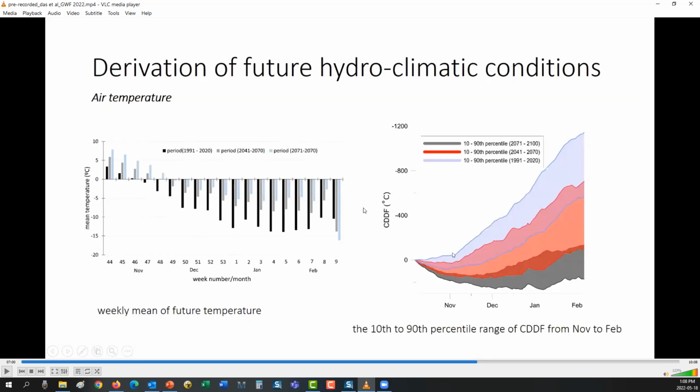So you can also see when it increases quite rapidly, you get more of a cold spell here. If it's slower, then it's maybe not as cold anymore. And you can see here how we have a certain bandwidth of these CDDFs. Currently we have this blue here. It's actually a lot colder right now. This will now start to warm up. You won't have as many freezing days or nights in the future.